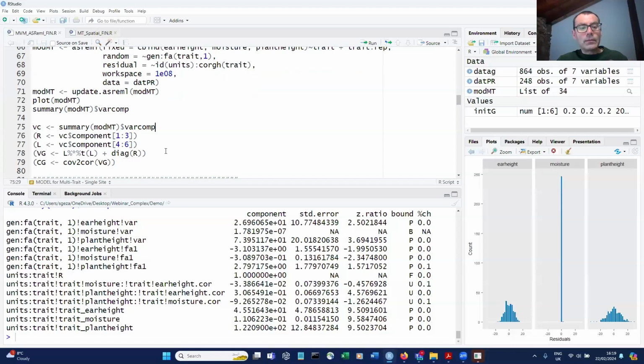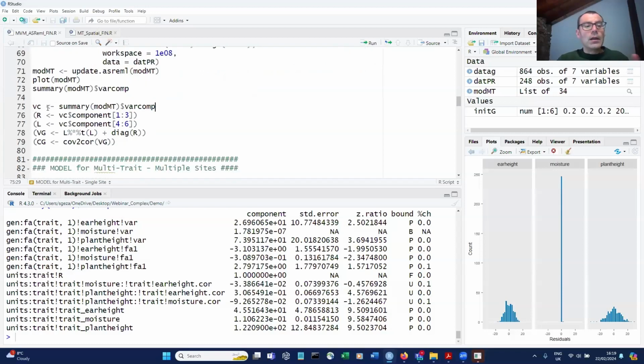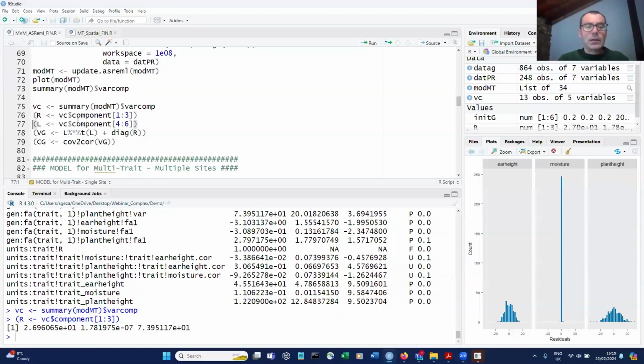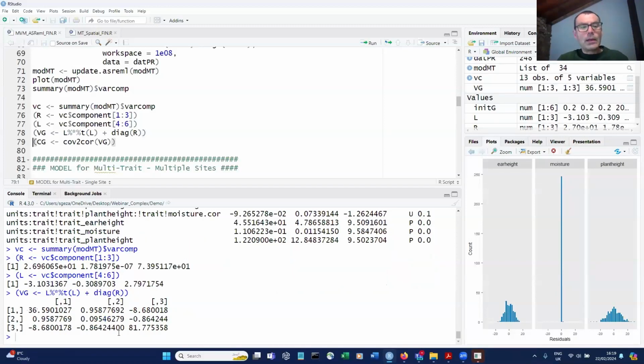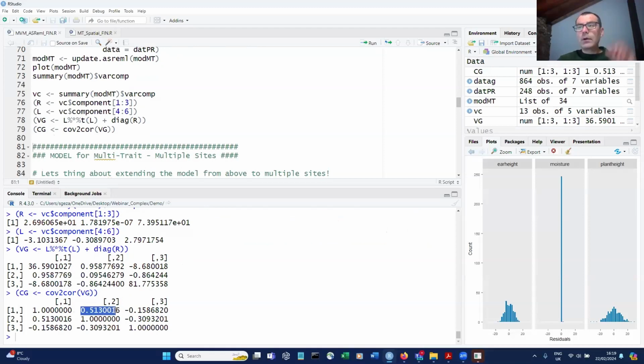But you can transform that, and again, trust me here, I'm extracting the variance components and calculating that psi matrix and calculating the lambda matrix, doing the proper multiplication to get the variance covariance matrix, and then converting the covariance to correlation of that matrix, which gives me a correlation of -0.51 between trait 1 and trait 2,